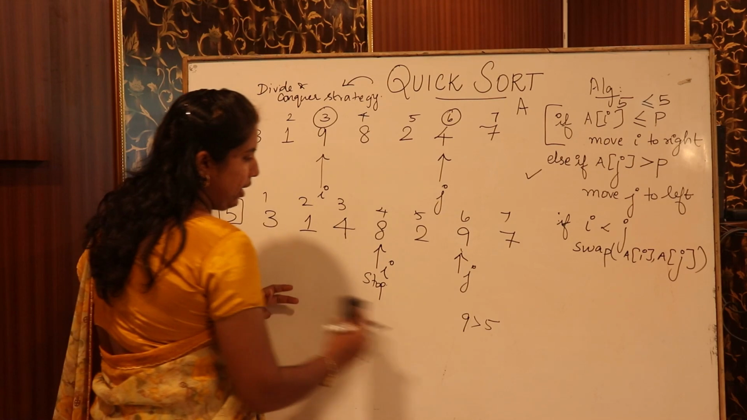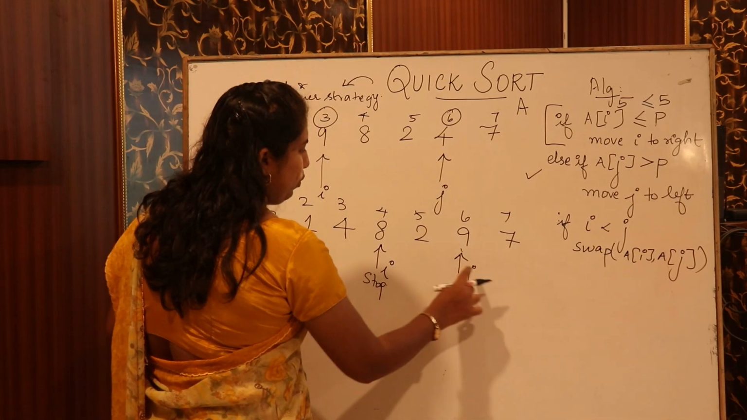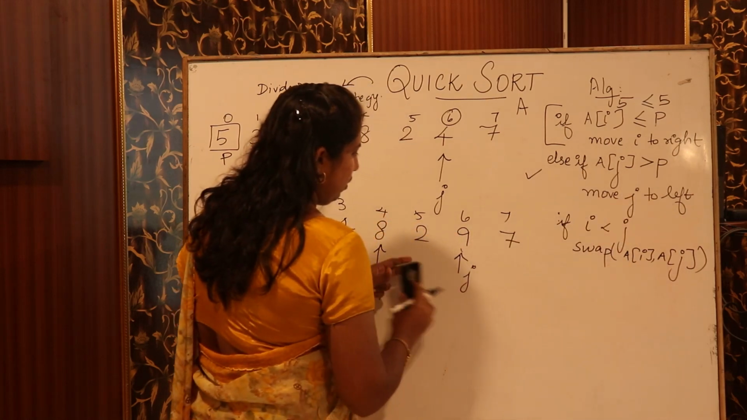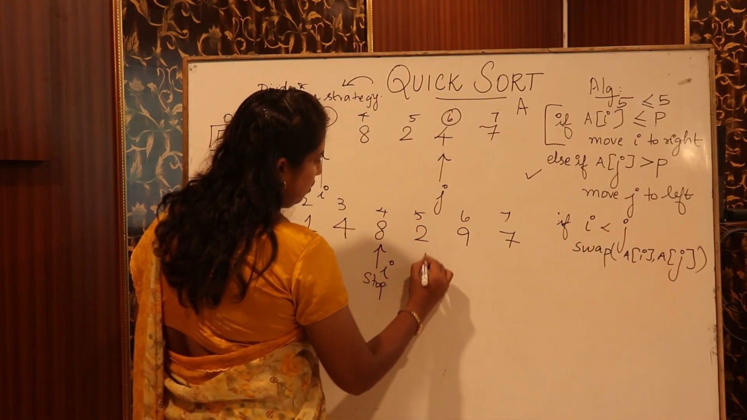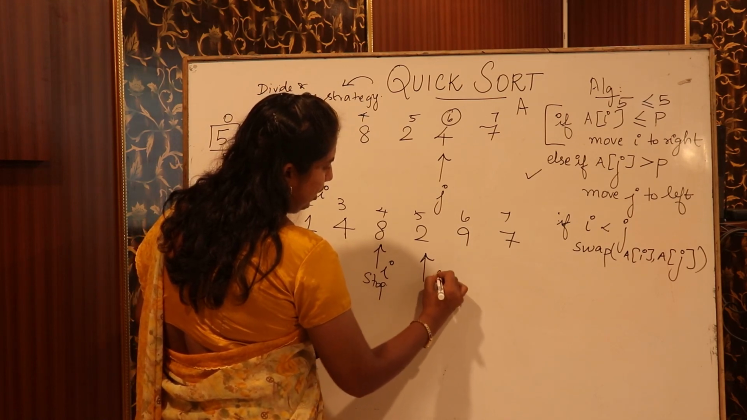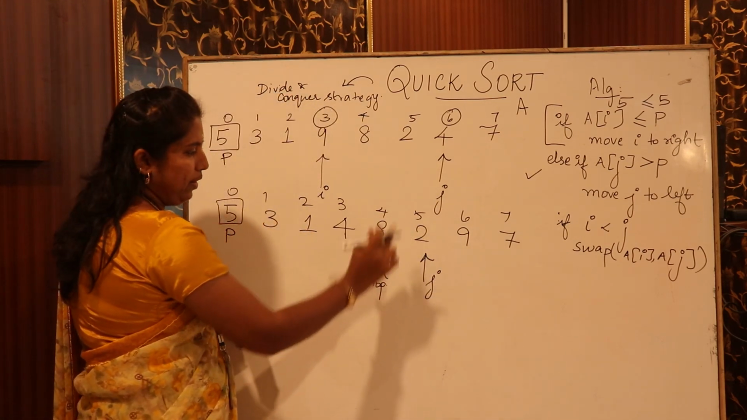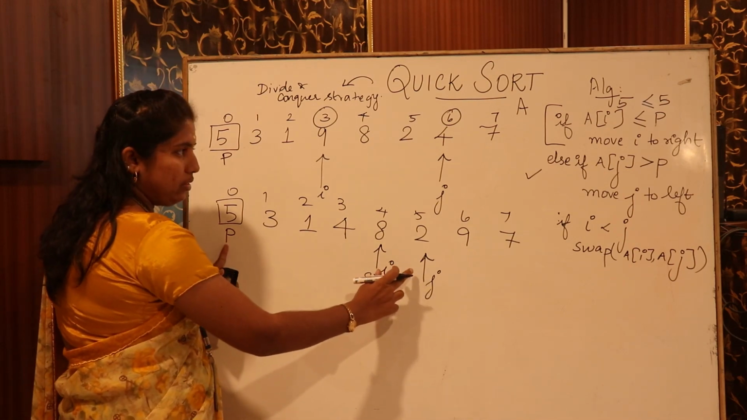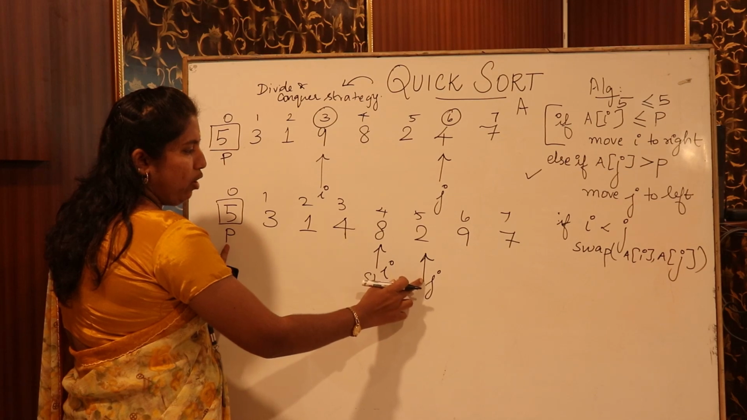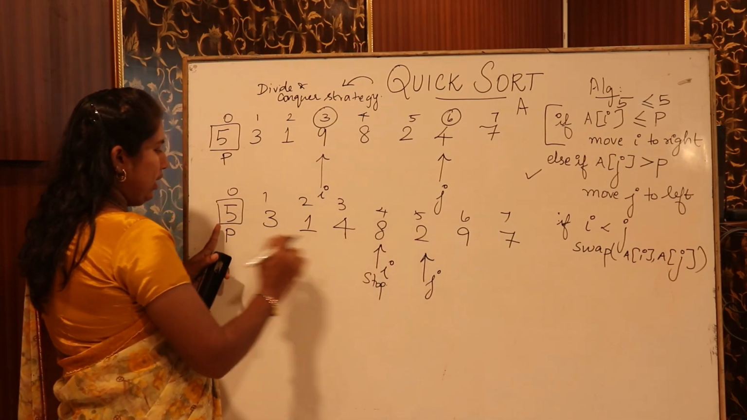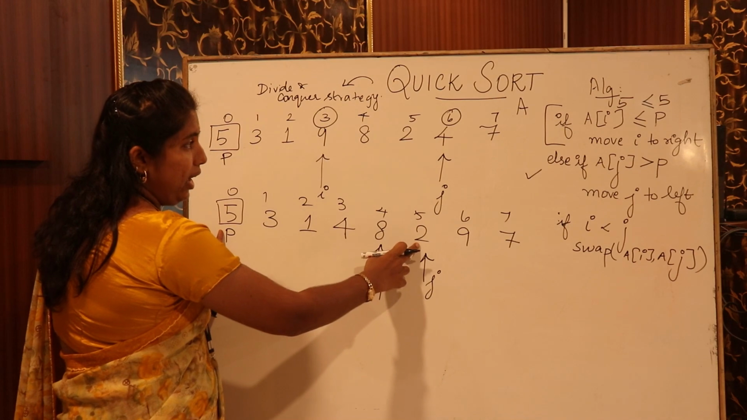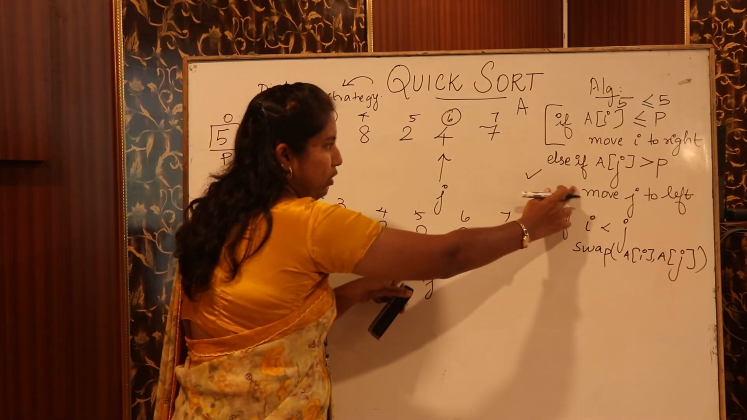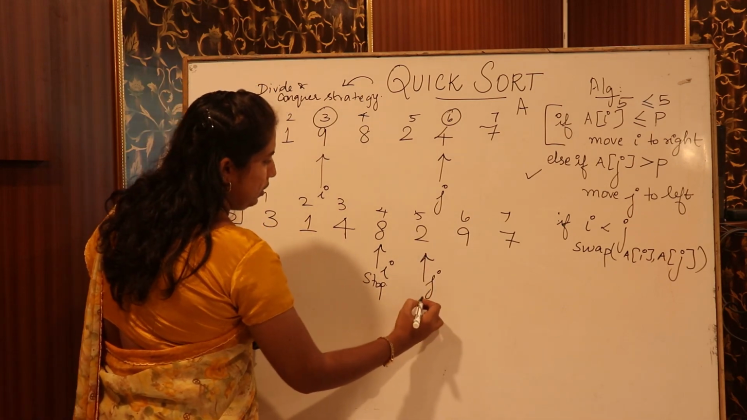Yes, the condition is correct. So what happens? I will be moving this j to the left. I have to move the j to left. So the jth index will be pointing to the index 5 now. Again, I have to compare this pivot element with this jth element. So my a of j is 2 now and the pivot element is 5 now. Here the a of j is lesser than the pivot, which means that the condition becomes false. So we have to stop this